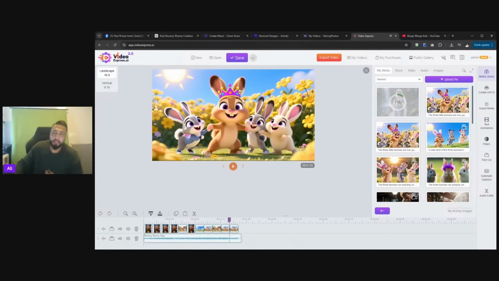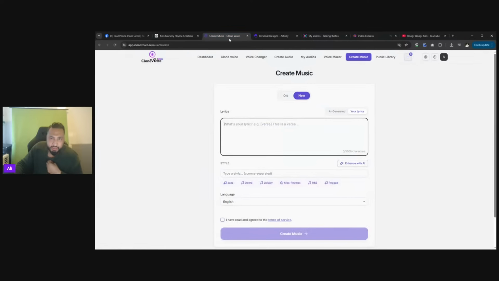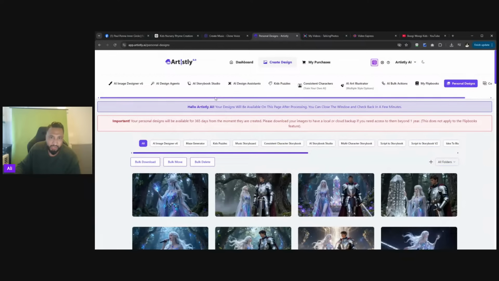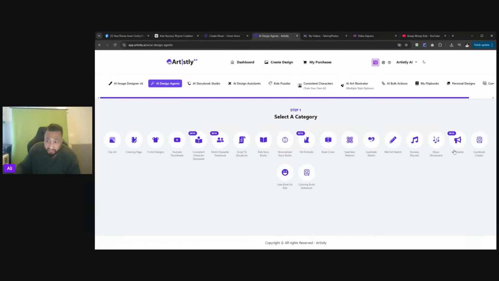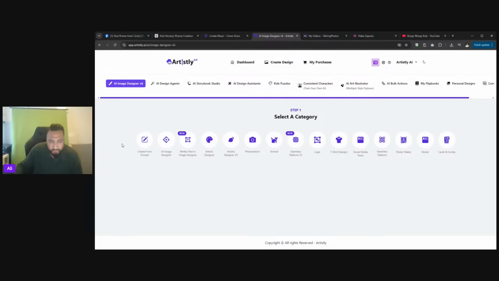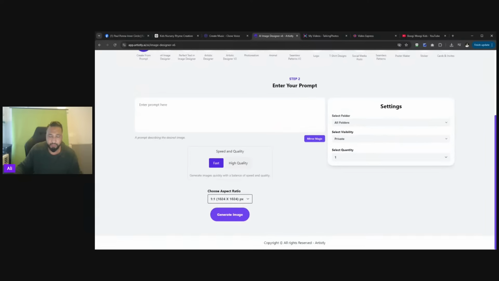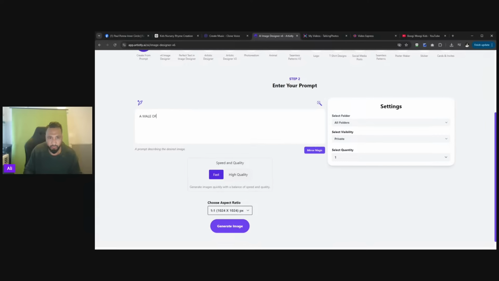Okay, so having said that, you've seen the integrations now of CloneVoice.ai. You saw how we did that, the method we did with that, even create the music track. Then you can align it with Artistly. How we can easily use some of the functions and features such as nursery rhymes, storyboard, even the AI image designer. If you're creating with the AI image designer, and you're creating a male office worker